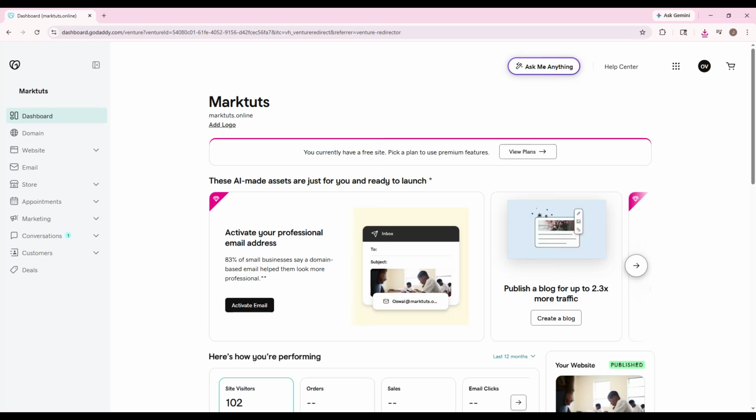If you want to forward a GoDaddy domain, you're in the right place. In this video, I'll walk you through the exact steps to set up domain forwarding inside GoDaddy so your visitors are sent to the right website automatically. This is a great solution if you've rebranded, launched a new site, or simply want your old domain to point